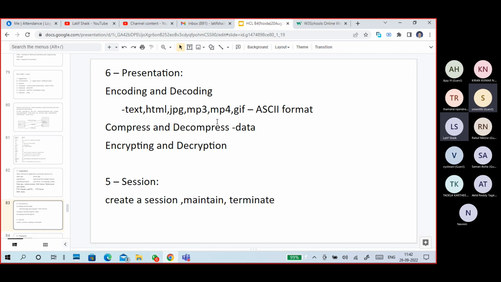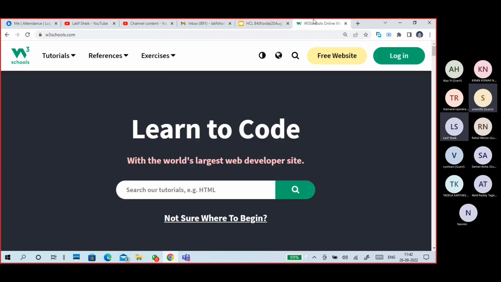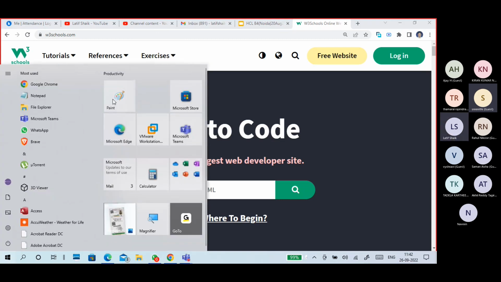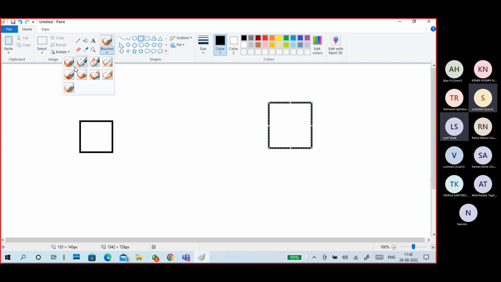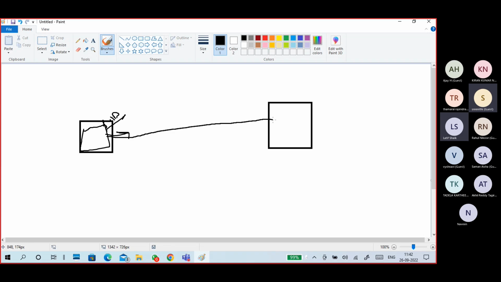Next layer is the session layer. It creates a session, maintains a session, and terminates a session. For example, I open this page. The request goes to w3schools.com, right? So this is my client and this is my server. Somewhere it is located, right? So when I'm sending a request itself, I create a session ID. So I'm sending a request to this web server, it will create a session ID, and the request will go and reach the server and I get a